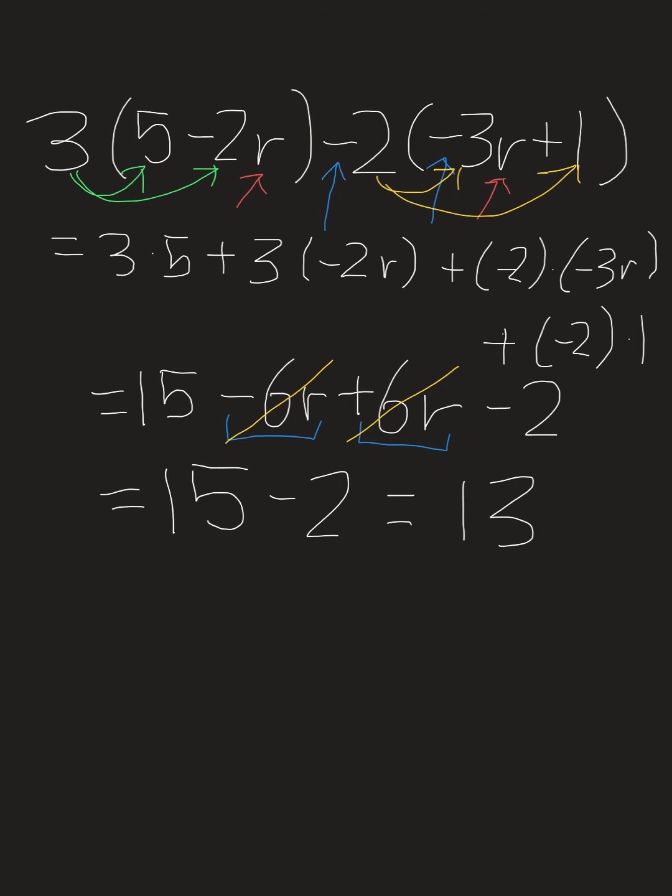Wow. This complicated expression, 3 times quantity 5 minus 2r, minus 2 times quantity negative 3r plus 1,